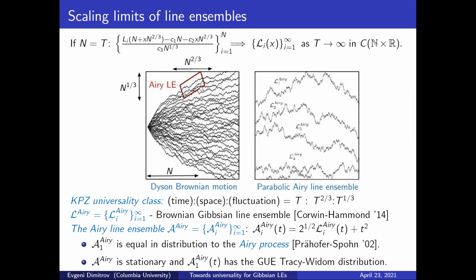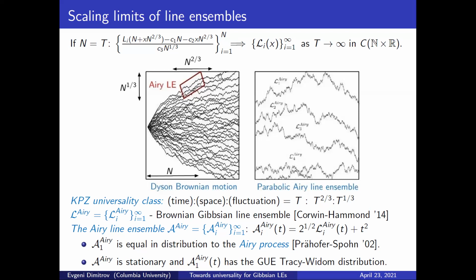So let me explain in words the possible point of confusion in this picture. So this parallelogram does not take into account the fact that we're subtracting the slope. When you subtract the slope, it's going to become a rectangle, and only afterwards do you rescale horizontally by n to the 2/3 and vertically by n to the 1/3. I couldn't quite figure out how to draw it well, but hopefully the words that I said explain what's going on.